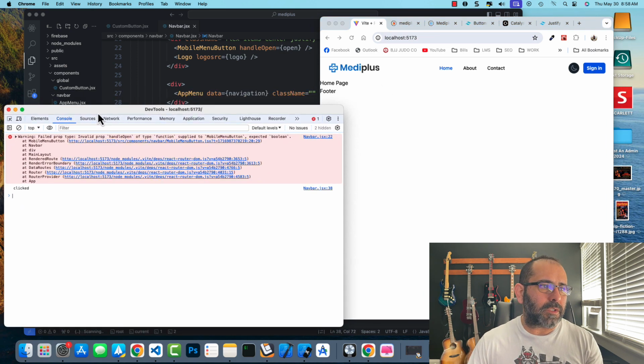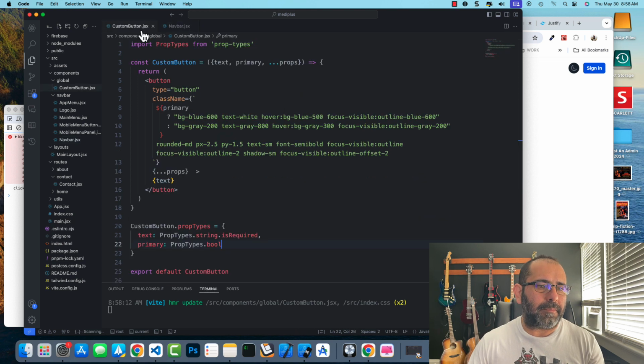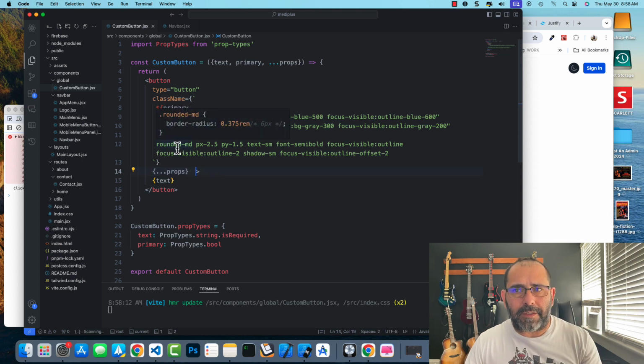So it still works over here because I am using this props spread operator from the custom button component, telling it that, hey, you know what? Besides the props that I specified here,